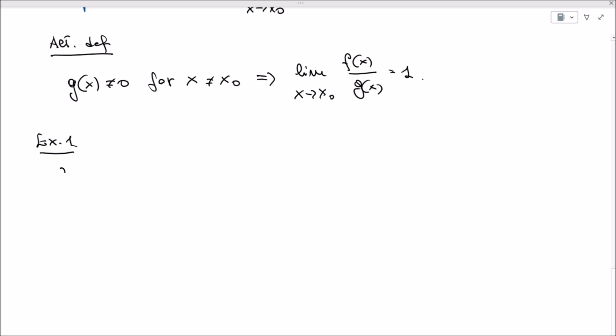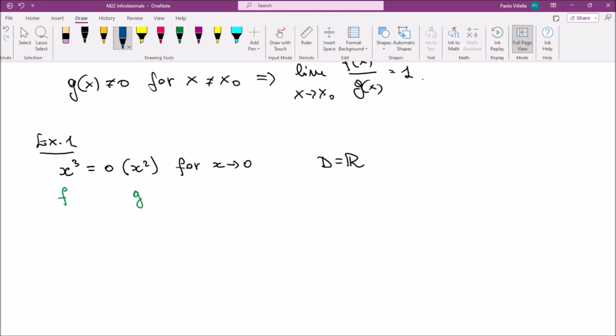We say that x to the cube is equal to small o of x squared for x that tends to 0. And we recognize that in this case we have f, this is f of x, x to the cube. We see that x to the square represents g, so both these functions are defined on D, which is the entire real line. Now, to see that x to the cube is little o of x to the square, we need to find